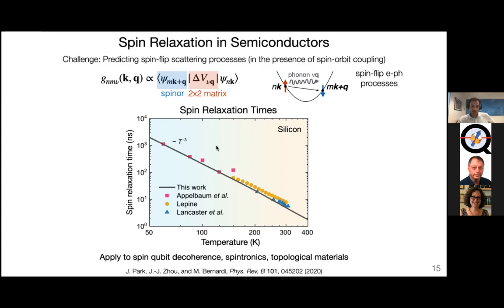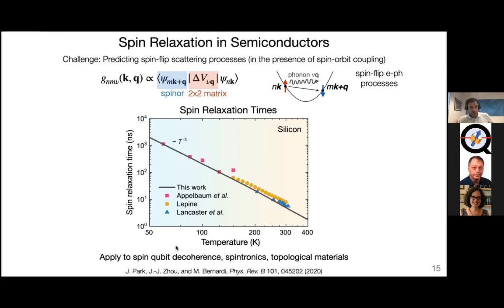And then combining, again, millions of them, for the first time, we have computed the spin relaxation time in a semiconductor entirely from first principles, so without using any free parameters in the theory. You see the result of this calculation shown here with the solid line is in extremely good agreement with experiment. And in the work, although I will not discuss it here, we've also shed light on the mechanisms that lead to the T-cube dependence of the spin relaxation time, and also showed how the spin flip and spin conserving scattering processes differ.